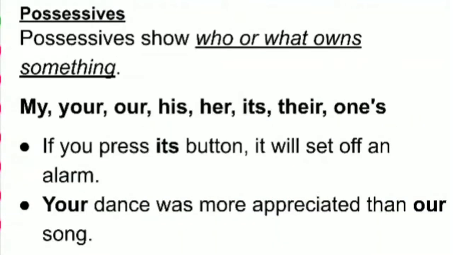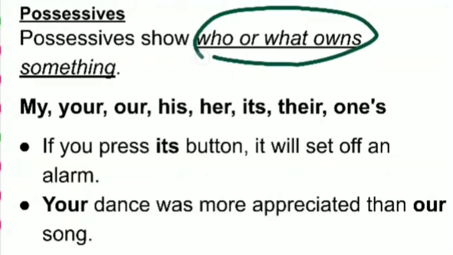Next is possessive. Possessive shows ownership of the noun, whom it belongs to. For example, if you are talking about a particular bag, it is my bag, or it is her bag, or it is his bag. It shows the particular ownership, the noun to whom it belongs. So possessive shows who or what owns something, or the ownership of that particular noun,